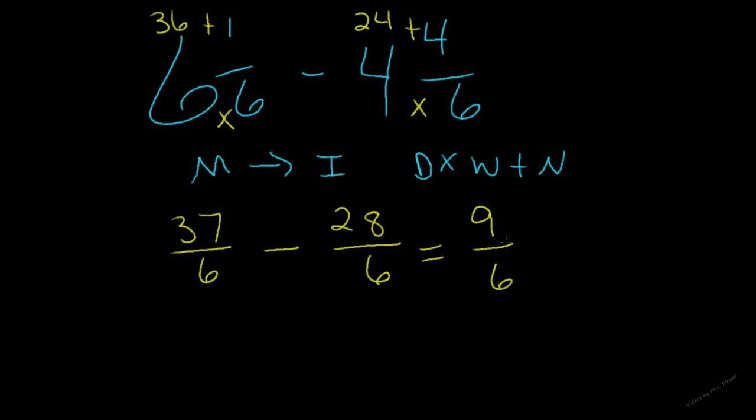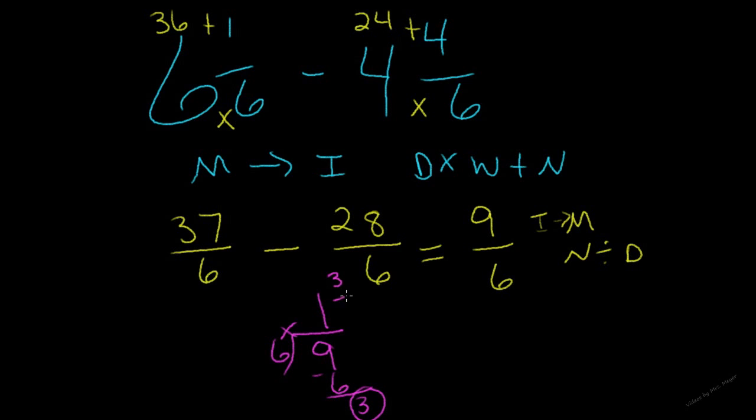Then again, I don't want to leave it as an improper fraction, so I want to change it back to a mixed number, and I do that. The improper to mixed, I do that by doing n divided by d. Okay, so numerator divided by denominator. So if I do 9 divided by 6, only one group of 6 will go into 9. 1 times 6 is 6. Get my remainder. Again, my remainder goes in my numerator, and my denominator stays the same throughout the problem,